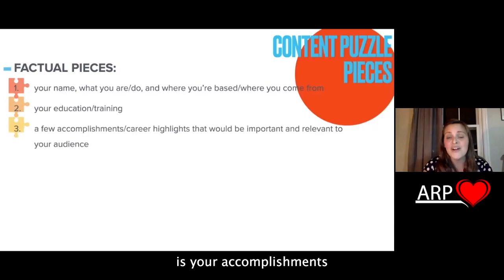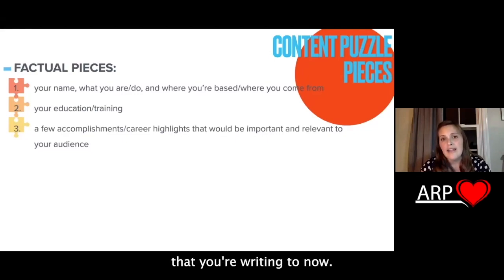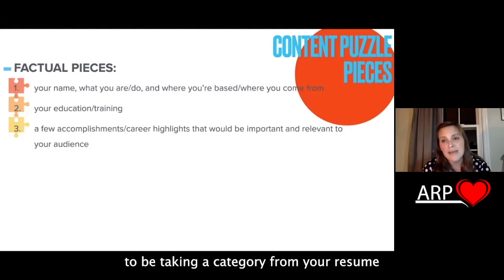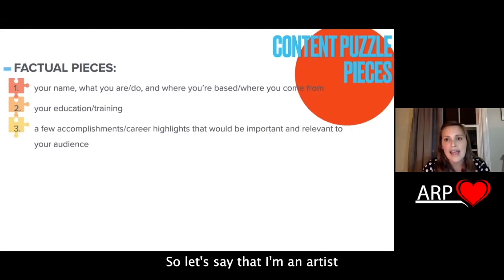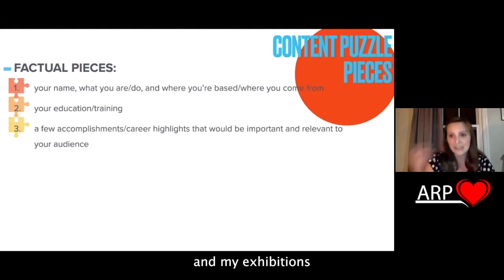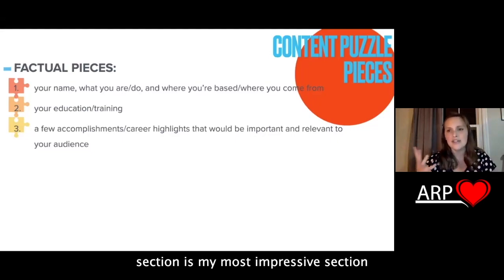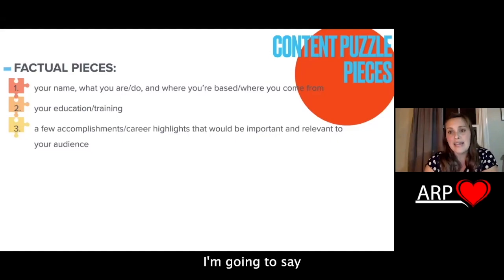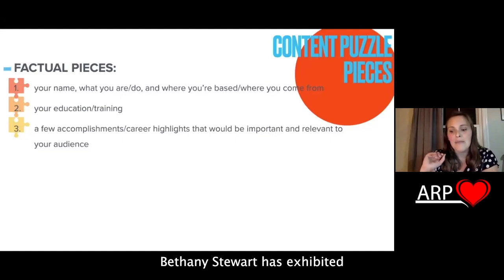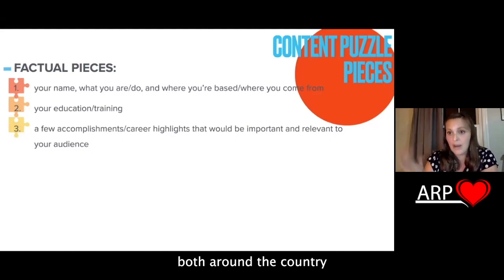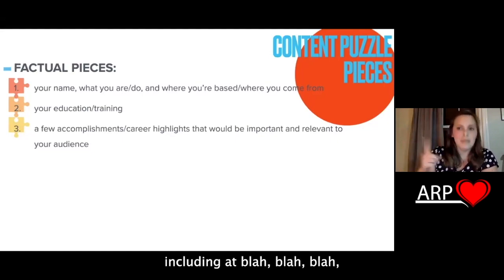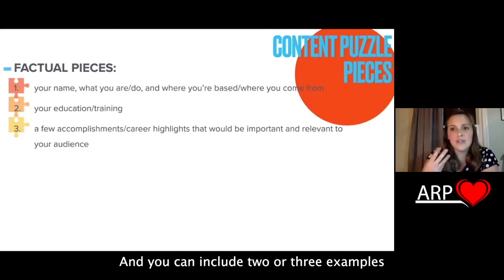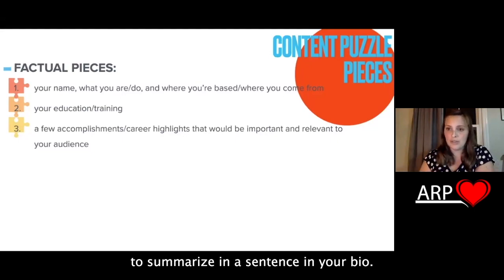The third puzzle piece is your accomplishments or career highlights, a piece that might be important or relevant to the audience that you're writing to. Now, this is where you're going to be taking a category from your resume and turning it into a sentence. So let's say that I'm an artist and my exhibitions section is my most impressive section of my artist resume. Then in my bio for this puzzle piece, I'm going to say, Bethany Stewart has exhibited both around the country and internationally, including at blah, blah, blah. And you can include 2 or 3 examples from that category